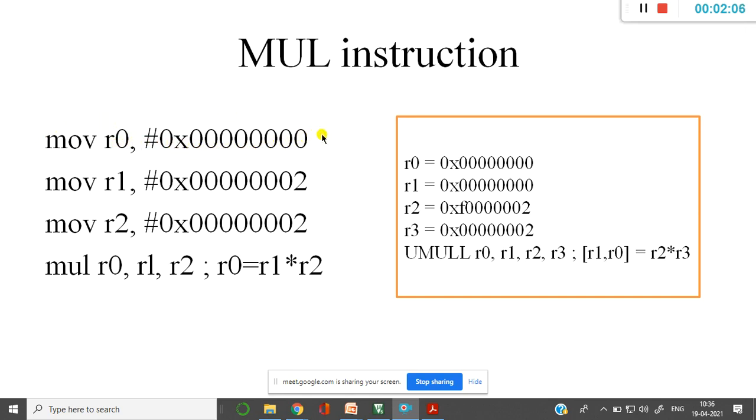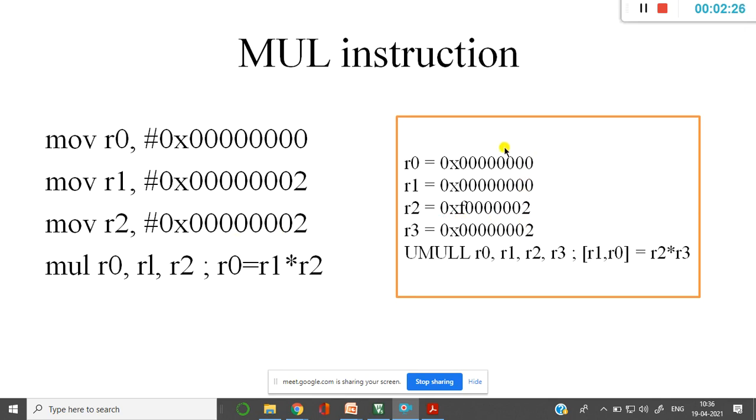So it's nothing but we are trying to clear the register. There is data in R1 and R2, so I'll be using the MUL instruction, MUL R1, comma R2. It gives me R1 into R2. The output will be 4 in this case.